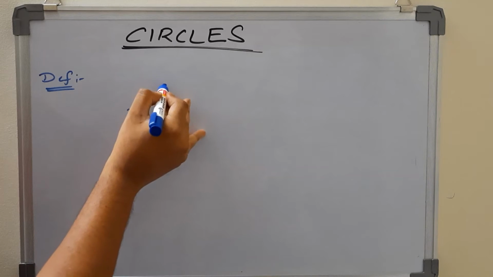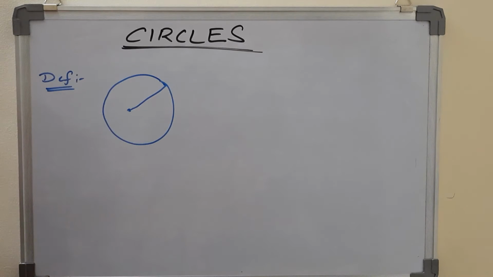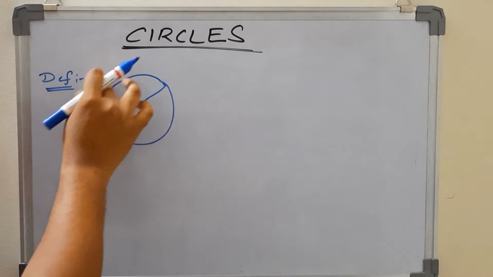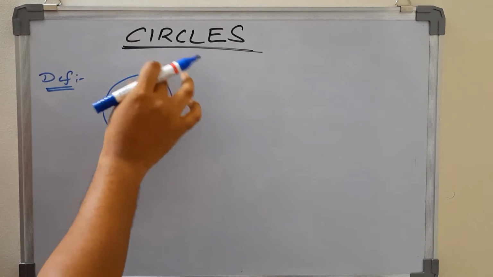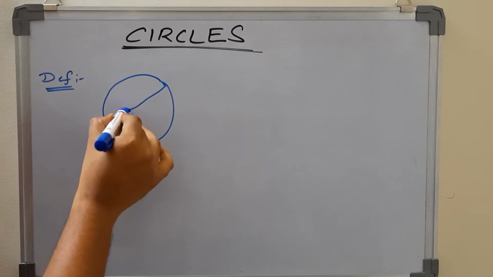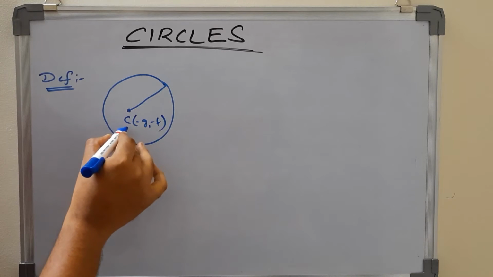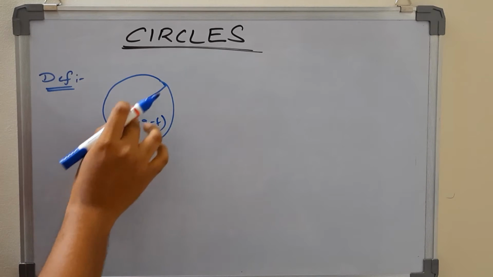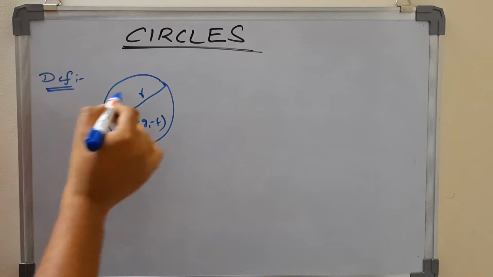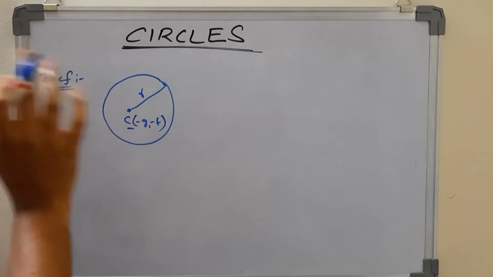So here a distance is covered with a fixed point, right? The constant distance is making a path and it is making a locus of a fixed point that we can call as circle. So the fixed point can be written as minus g comma minus f. This is the center of the circle and the fixed distance is called the radius of the circle. We can call this as radius and this fixed point is called as the center of the circle.